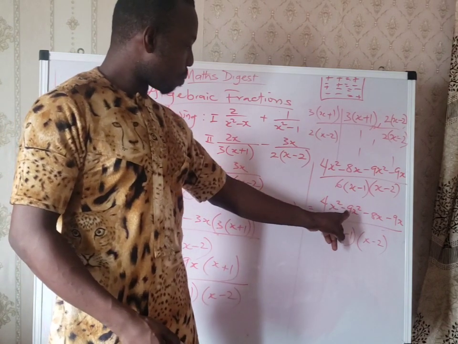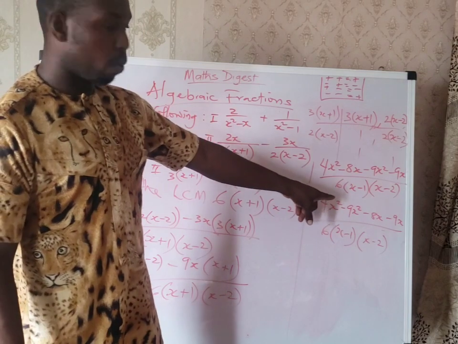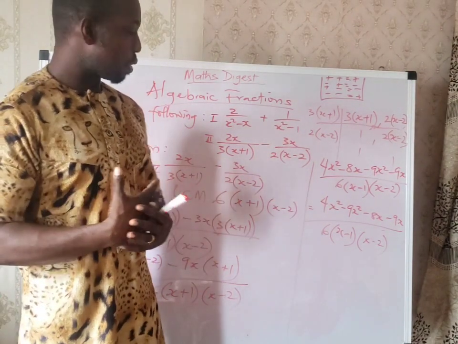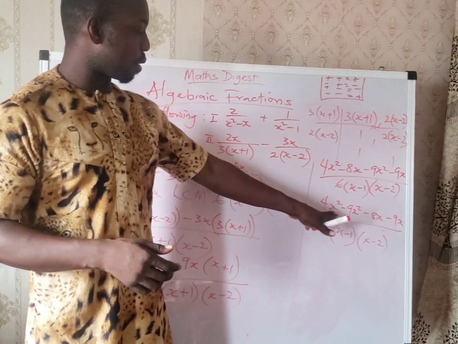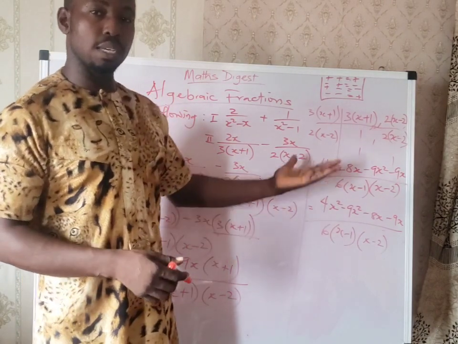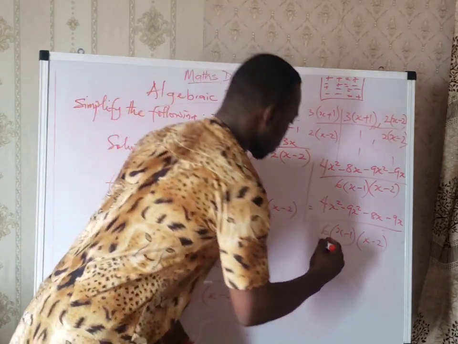So the one that has the highest coefficient, we use its sign. This is another form of saying it: this is what I have and this is what I'm owing. You can equally take it this way, whichever one you understand best. So with this we have minus